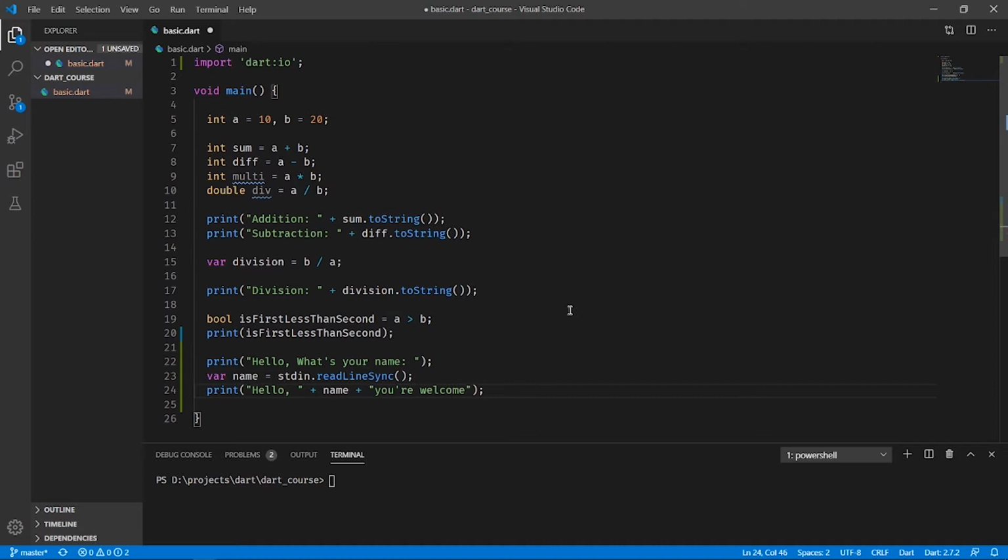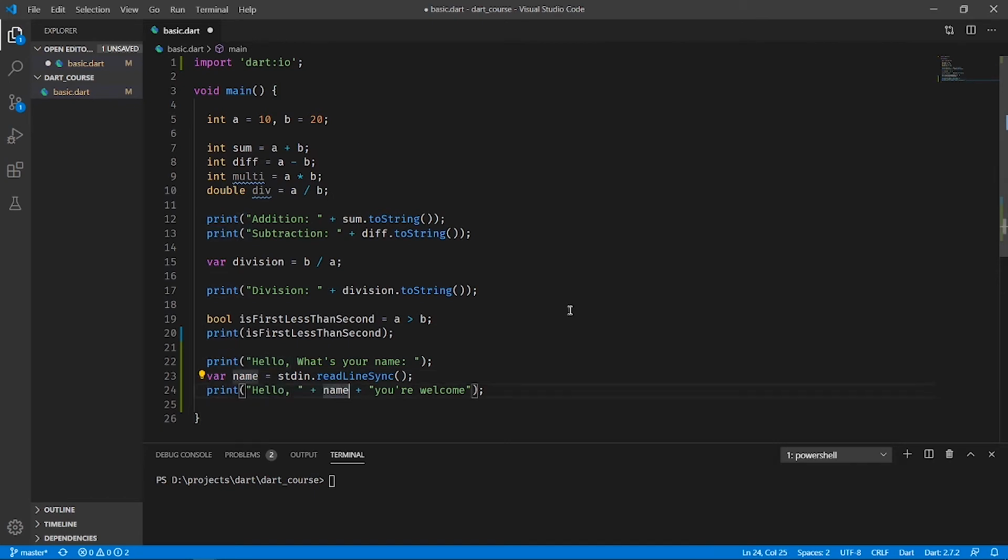So here what I've done is I'm prompting a message on the console and asking the user to input his or her name, and I am taking the input using the dart:io function called readLineSync, assigning that to a variable called name, and printing the message hello name, you are welcome.